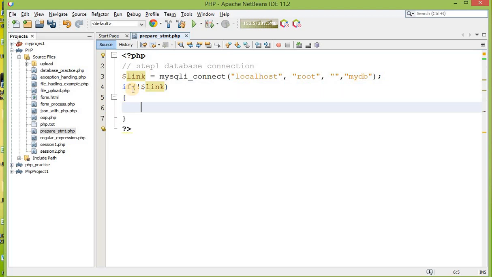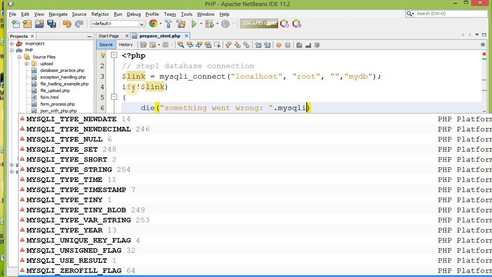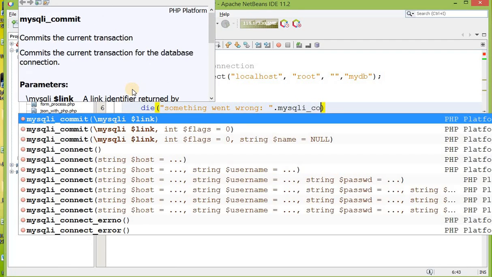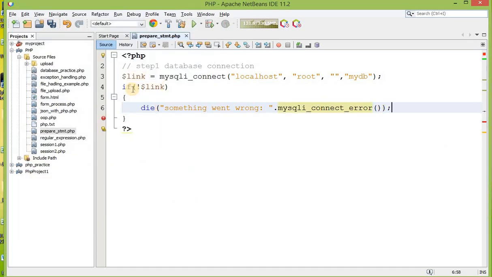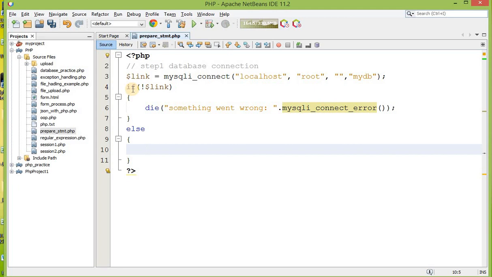If this condition is true, then something went wrong, and we put a simple message over here, like mysqli_connect_error. If there is a connection problem, this function will return the actual error. But if it is not like that, then we should go ahead.